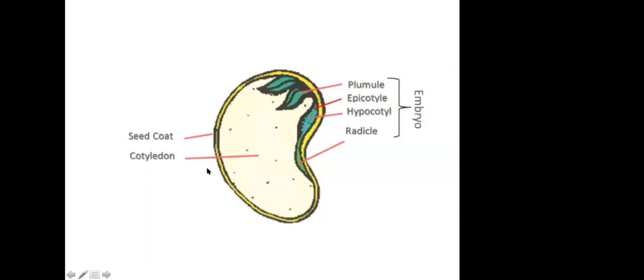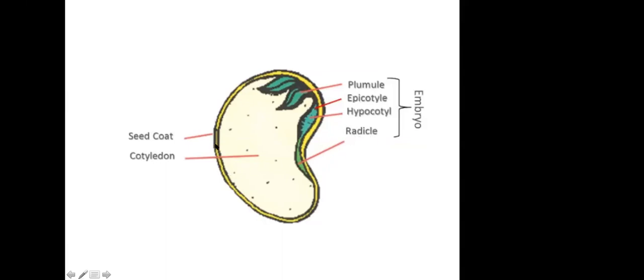See here, this is the structure of the seed, which contains the cotyledon, which has the nutrition for the developing seed. Now here it contains the radicle. Above the radicle you can see the hypocotyle, and above the hypocotyle there will be the plumule. Now this radicle is going to develop into the root. The root which develops in the plants actually originates from the radicle, and the shoot system, the stem which comes out, is actually from the plumule. So the plumule develops into the shoot system and the radicle develops into the root system.